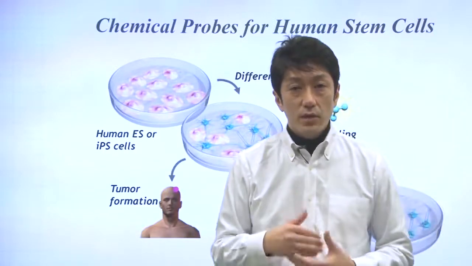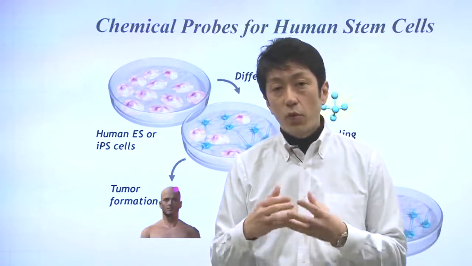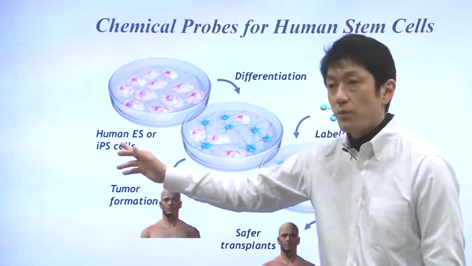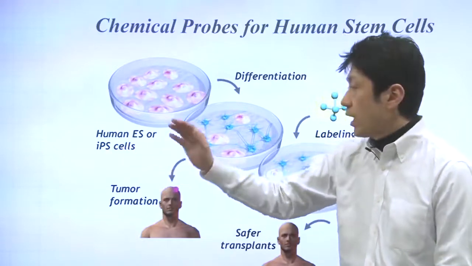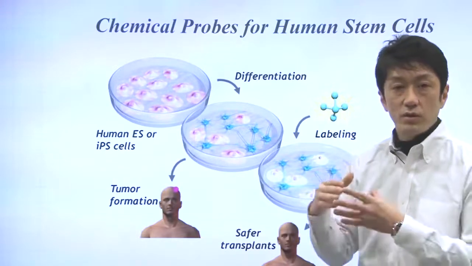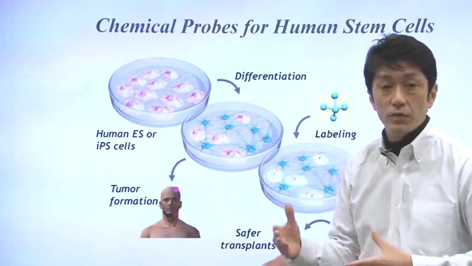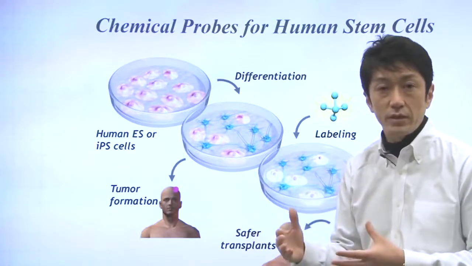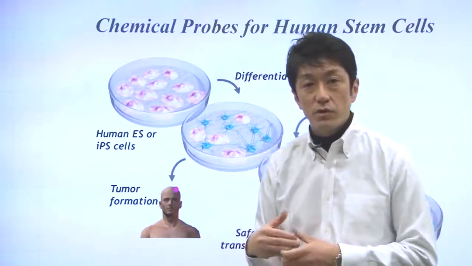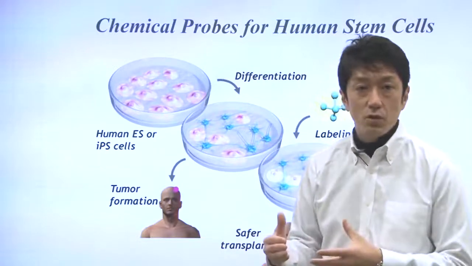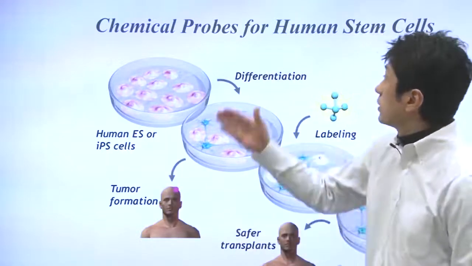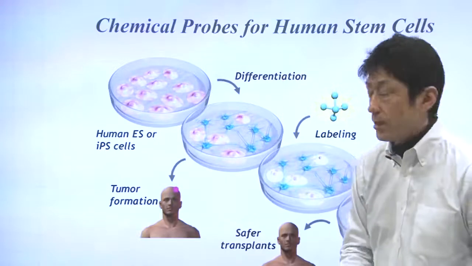Professor Yamanaka in our institute developed a way to make induced pluripotent stem cells, iPS cells. iPS cells are essentially equivalent to ES cells. iPS cells can differentiate into any type of cells, and they proliferate. Professor Yamanaka got a Nobel Prize in medicine or physiology some time ago. Then people are using iPS cells or ES cells for stem cell therapy.